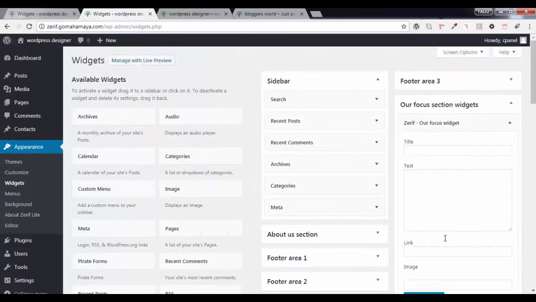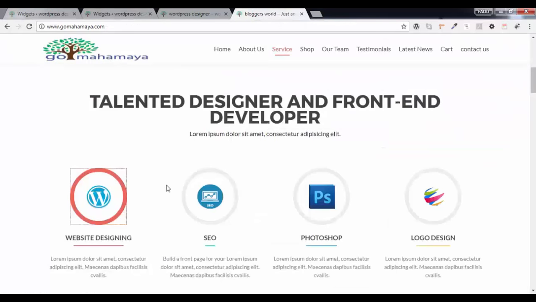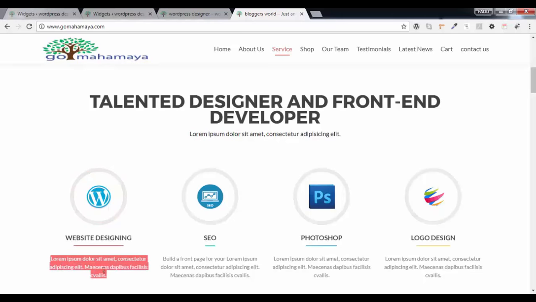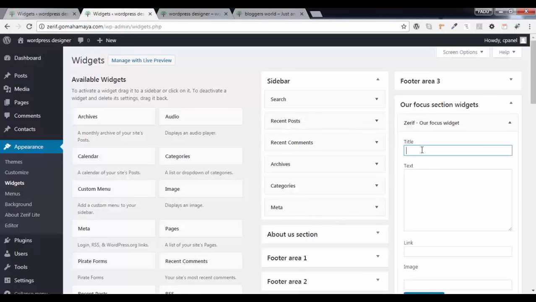Now we have added 4 focus widgets, and you write the title like similar we have created in this section for our website web designing, and this is the text that is there, and this is our website logo, and if you click on this, you'll be redirected to WordPress.com, or if you have any separate page created for website designing, it will be redirected to website designing. So now we'll go back to this page, and let's write